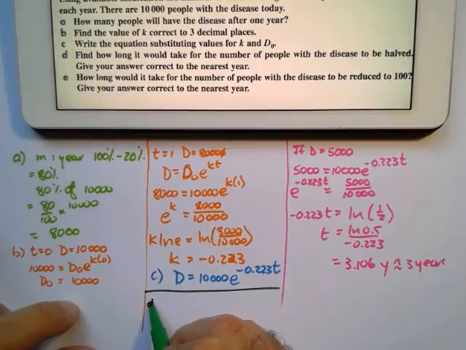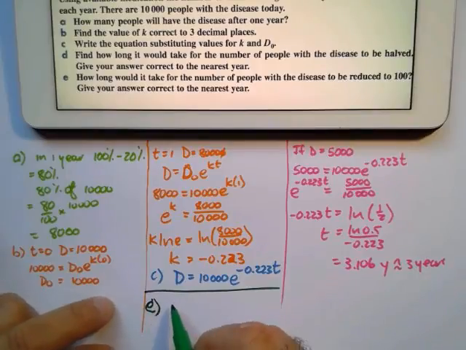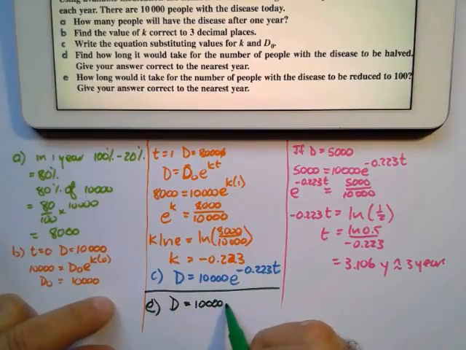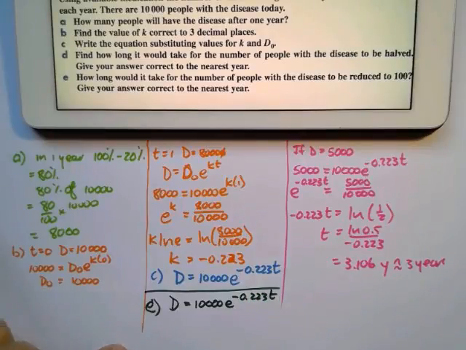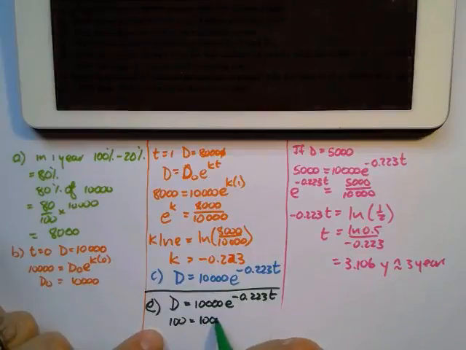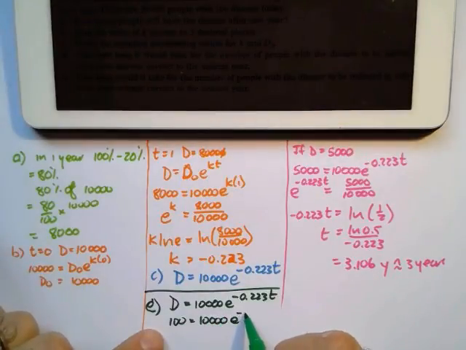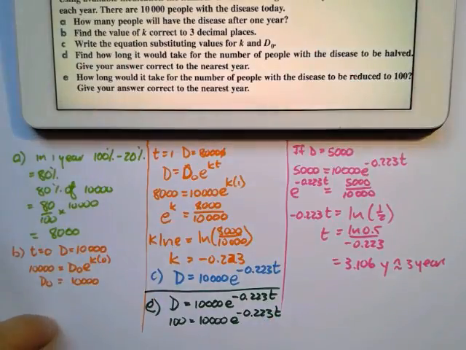Sorry, this is question number E. So I'm going to say D equals 10,000 e to the power minus 0.223 t. Therefore, D is 100, so 100 equals 10,000 e to the power minus 0.223 t. Okay, I'm going to divide both sides by 10,000, and I'm going to get